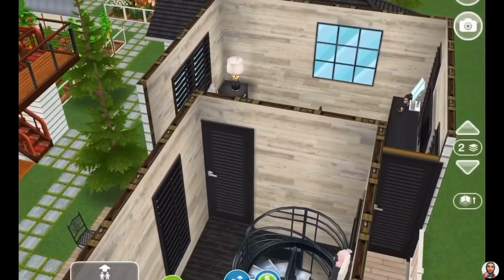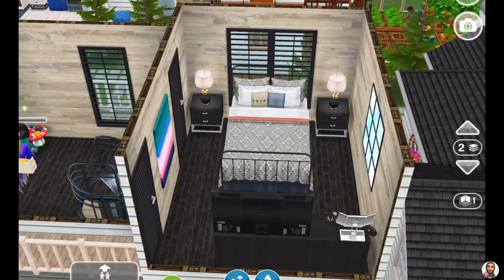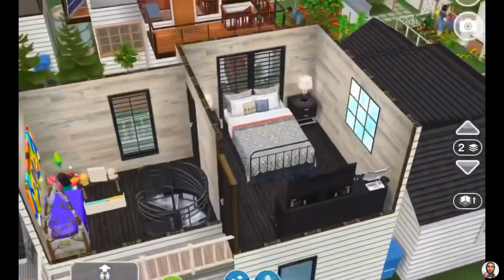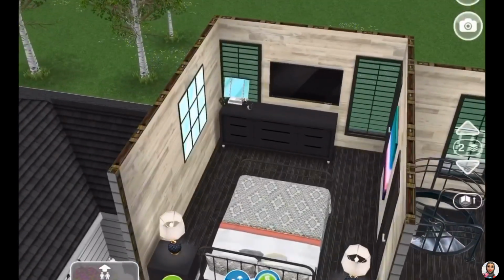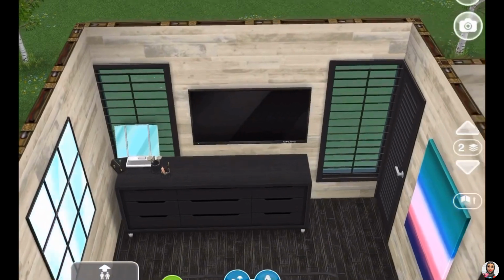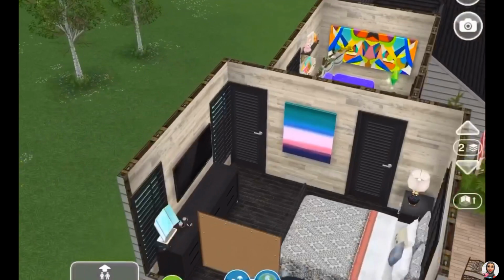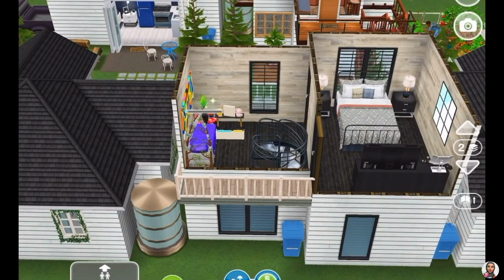And through this door here is the parents' bedroom, and as you can see, it's pretty modern and pretty chic looking. And this wallpaper, I can't get over it. Just gorgeous. And so up to here, I haven't used any glitch. I was proud of myself and all. And then I came here and I was like, I have to glitch this TV on top of that drawer. So I just had to do it. The wall glitch is working, so why not use it, you know? And so yeah, this is the Robinsons'